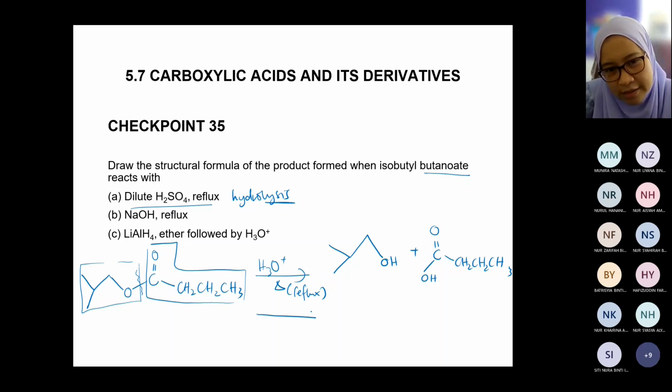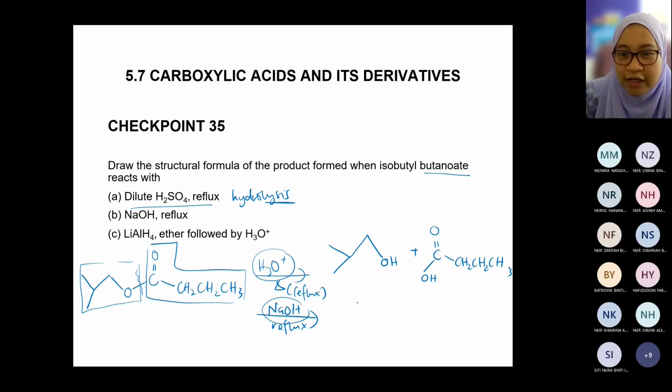Okay, B, NaOH, reflux. Okay, ini dia pakai acid. Yang ni dia pakai alkaline. Boleh juga, dia akan produce alkohol yang sama, guys. Dia produce alkohol yang sama, so you don't have to change anything. It's just that dia punya acid je yang you kena aware, you kena take note sikit. Okay, so you salin balik alkohol dia tu exactly the same. Acid dia tu, this one, OH will be replaced with